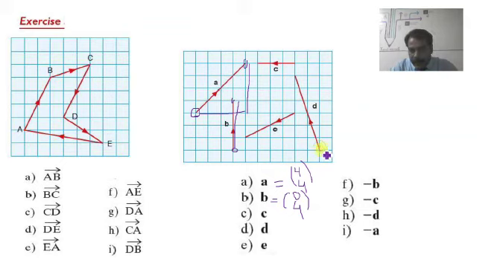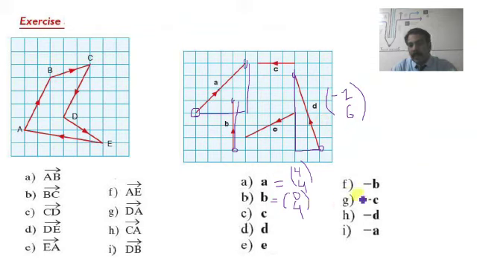Let us find out vector d. So this is the starting position because the arrow is going in the upward direction, and this is the end position of the vector. So to reach this point, I have to start from the initial position. We'll move 1 step, 2 steps to the left, and then 1, 2, 3, 4, 5 and 6 steps in the upward direction. So we can say that vector d can be represented by -2 because it is going in the left direction, and +6, it is going in the upward direction. So that is how we can write vector d.